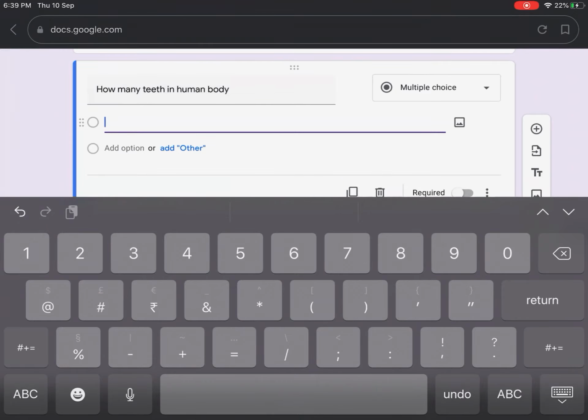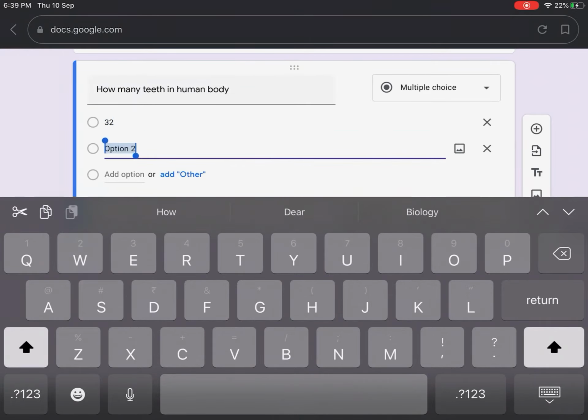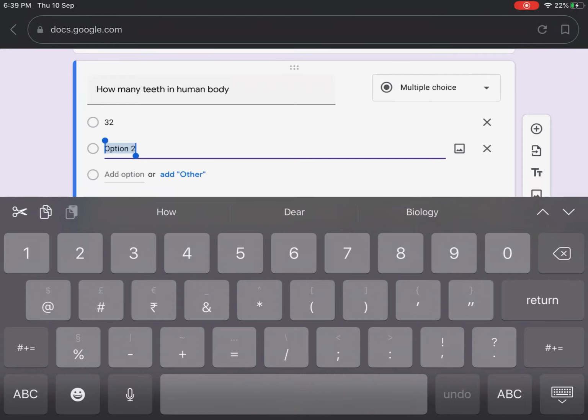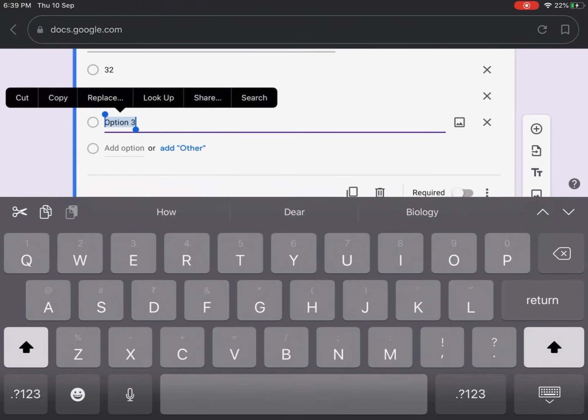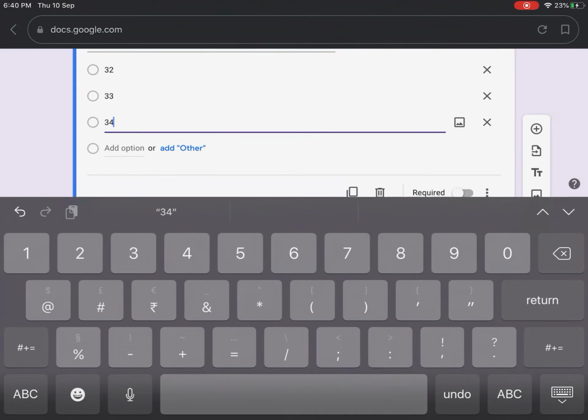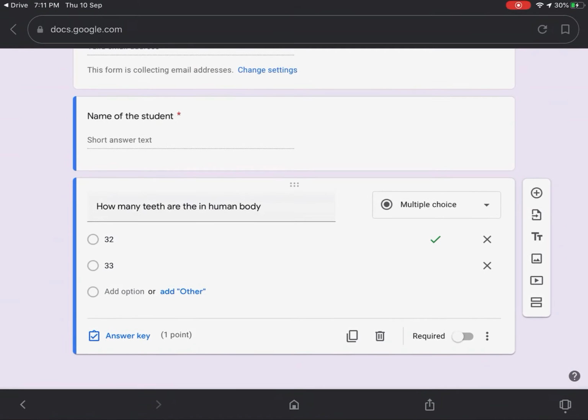So suppose you're writing 32 and next option is 33, next option is 34, like that you can add the question options. If you want to rearrange the order of options, at the left of every option, from there we can rearrange the order of options.